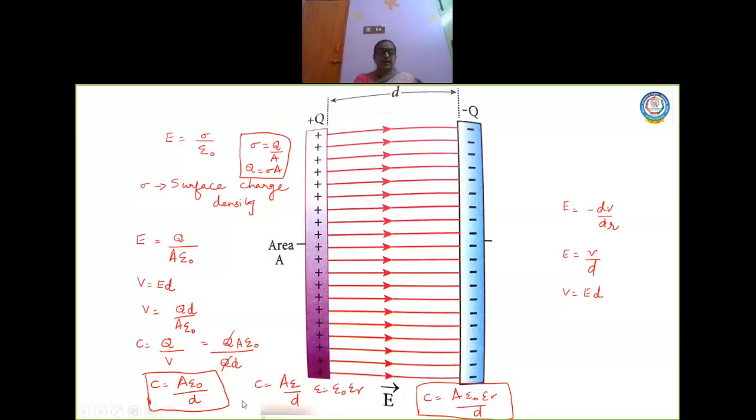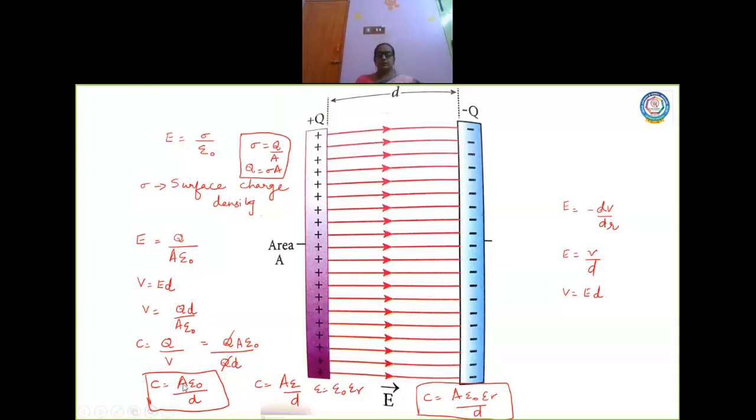So the capacitance depends on, one, the area of cross section, and it is also inversely proportional to the distance between the plates. So how is it varied with distance? Now there are two points that are discussed in the textbook, children, after this explanation is over. The first point they discuss, as the factors, is the area.